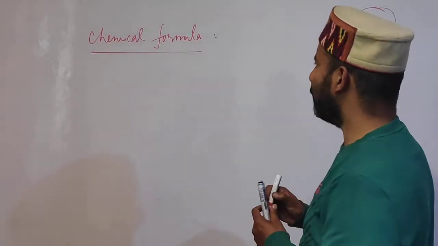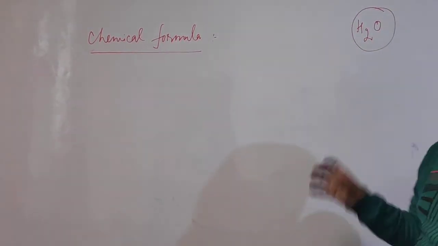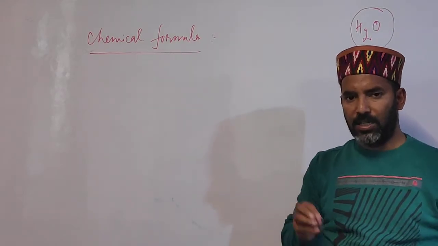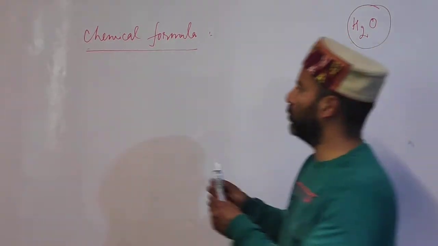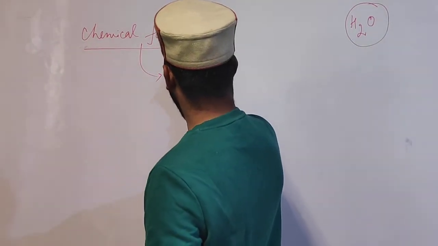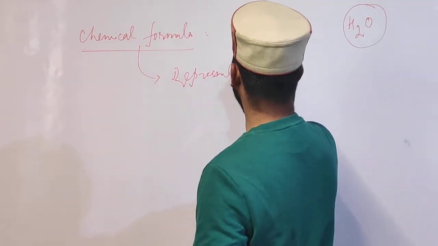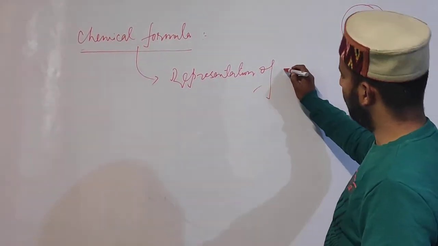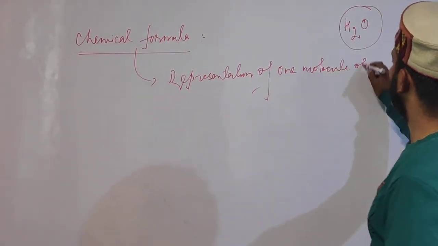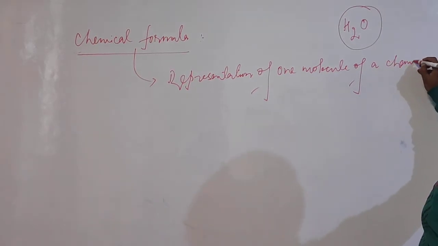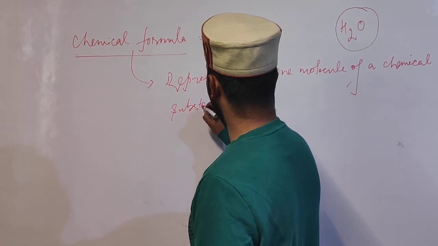So students, chemical formula simply means what? That it is representation of one molecule of a substance by using symbols of various elements present in it. So therefore, what is chemical formula? It is representation of one molecule of a chemical substance